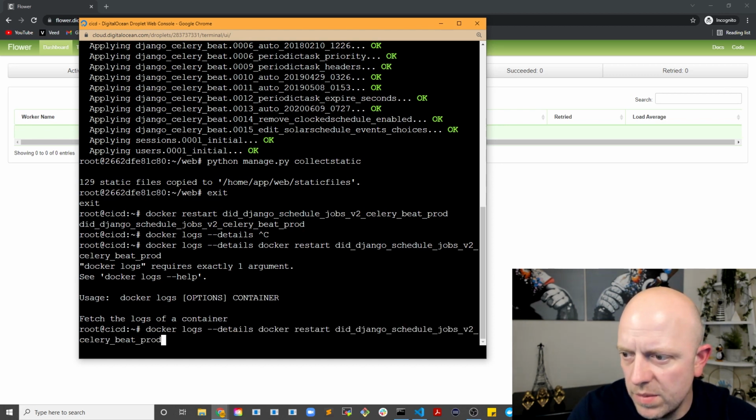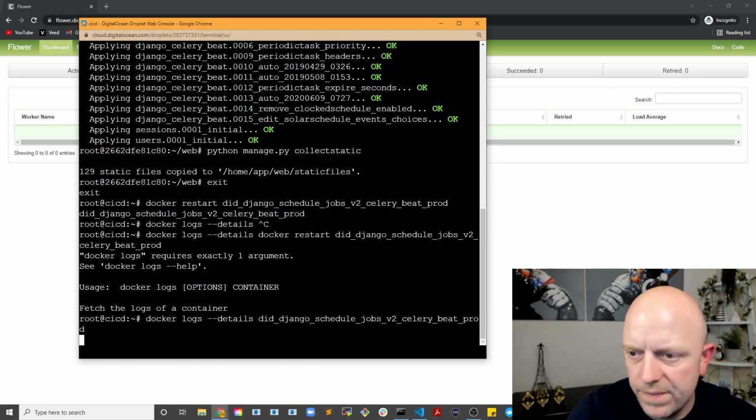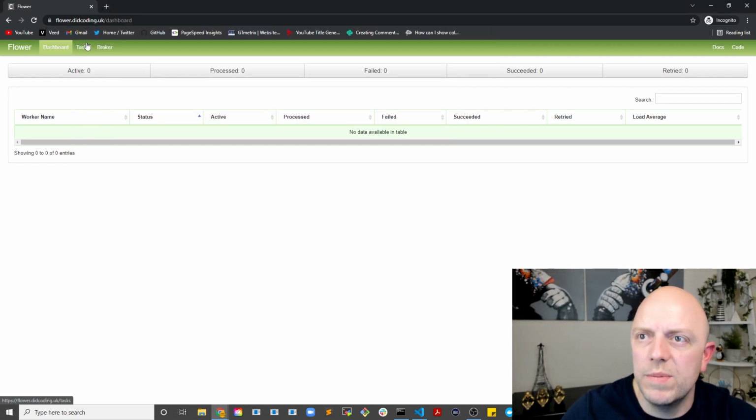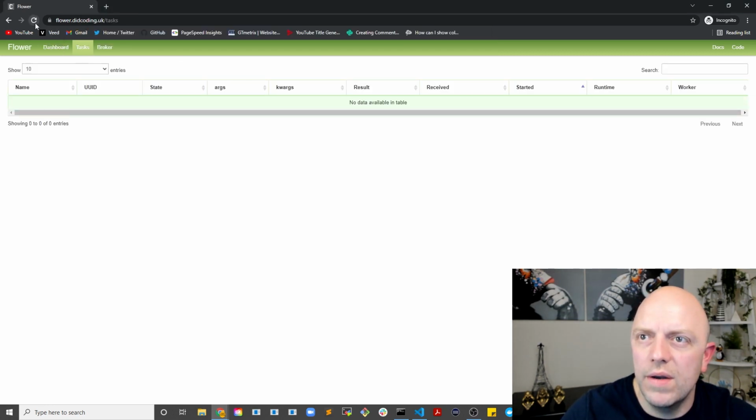Requires exactly one argument. One sec. Is it logs? Oh, what am I doing? We don't want docker restart. There we go. So actually, the 30-second function looks to be working, although it's not registering in Flower. So there's something going on here with the